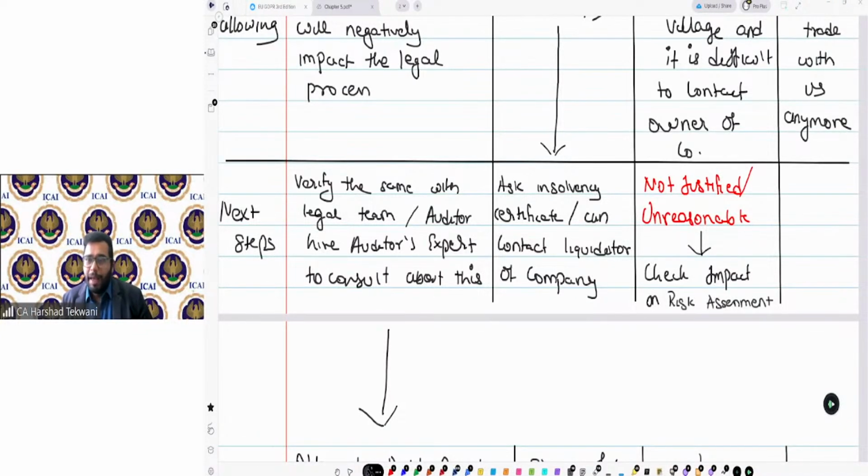I could say check the impact on the audit opinion, but no, I'm saying check the impact on the risk assessment. Why, not audit opinion? Come on, guys. Tell me the logic. Why am I talking about risk assessment, not audit opinion over here?